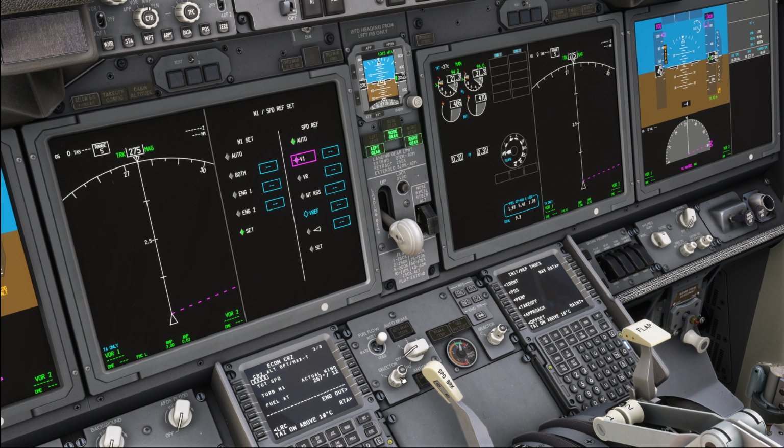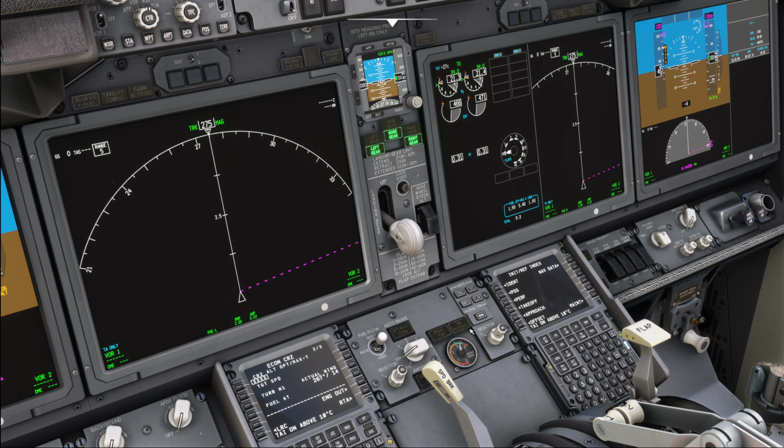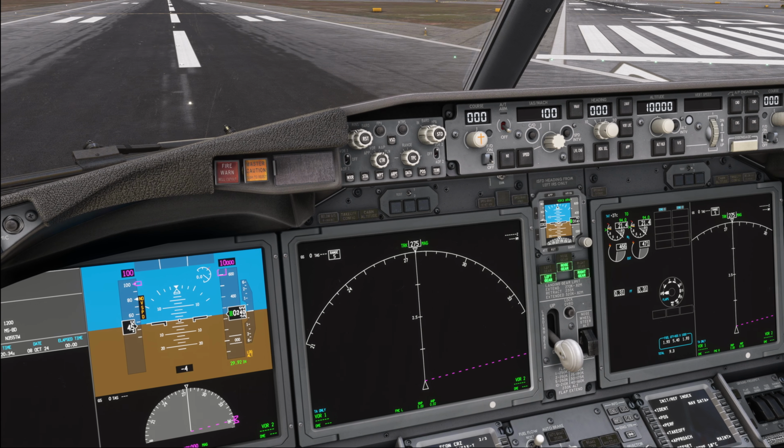Likewise, you can manually insert the takeoff speeds as necessary over here, and you can do the very same thing by manually inserting the dry weight and setting yourself some speed bugs. Alright, let's return both of these to the auto position, like this. Alright, let's go ahead and close this panel, and then let's go ahead and move on to the EFIS control